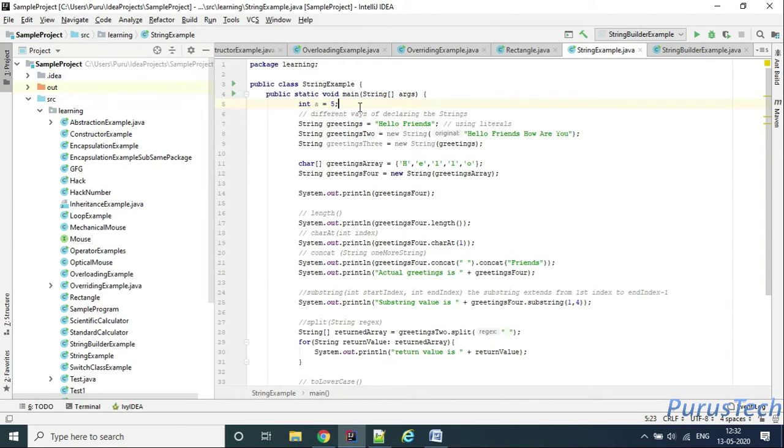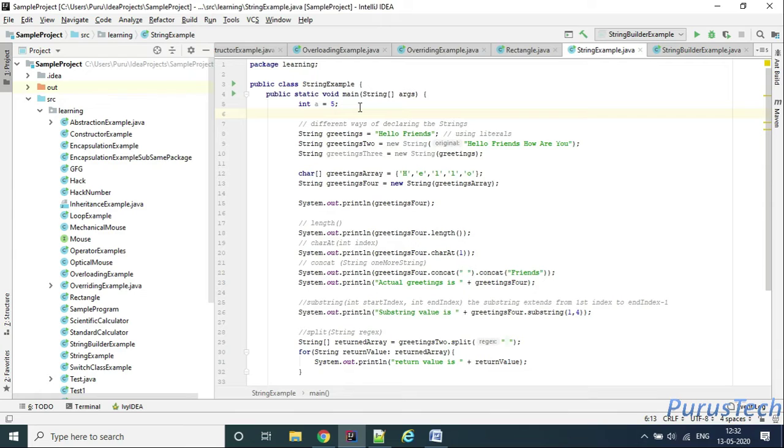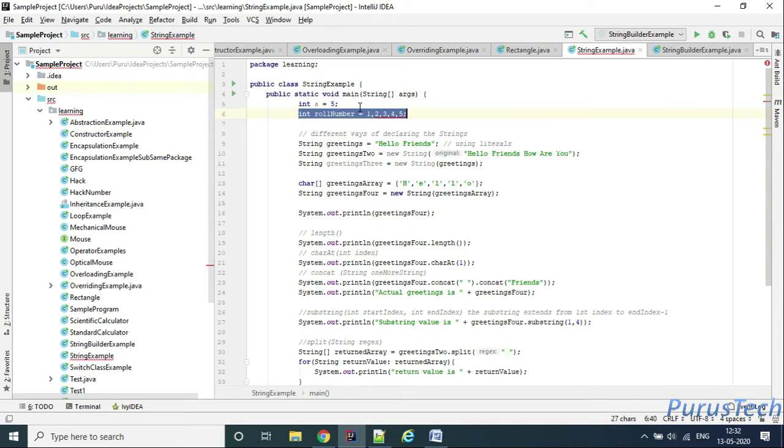Let's say I wanted to hold the roll numbers of 5 students. I cannot write integer roll number equal to 1, 2, 3, 4, 5 like this. What I need to do is take an array of integers. So what is an array?